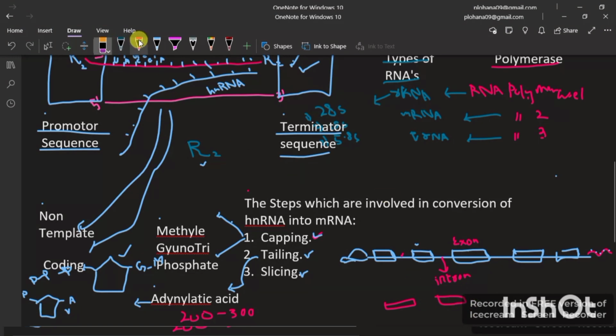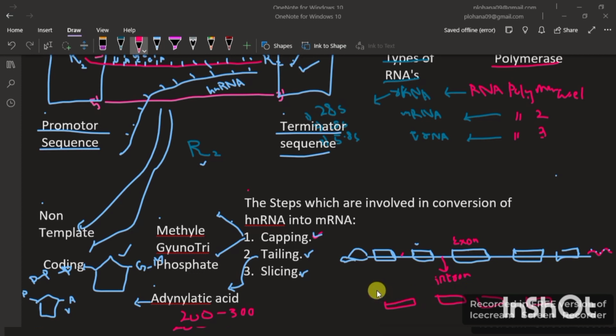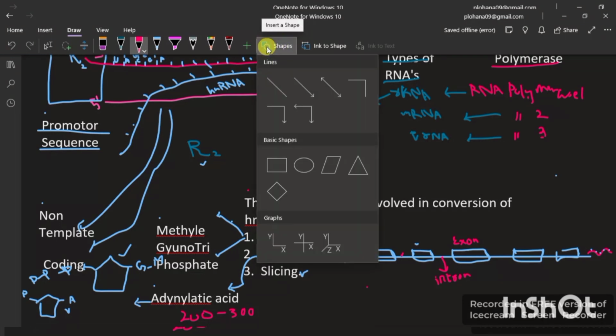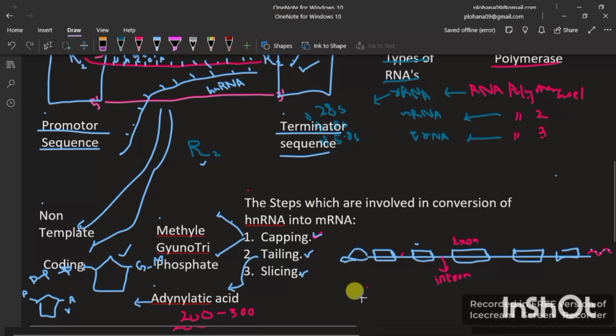Now let's see what things are left. Now only the parts are remaining which can form the protein. Alright, means only exons are remaining. So now we have to combine all these exons. Alright, so let me erase it and make it again. Wait, let me select it. So now erasing it, I'm going to just make it again.